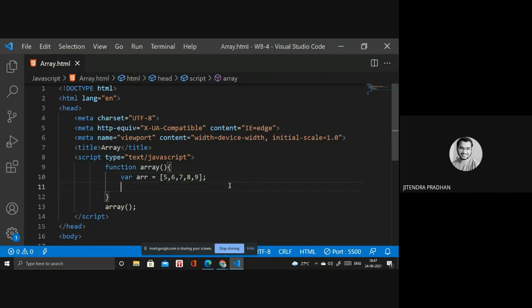Okay, I want to print that one, so document.write with the array. I'll open that in the live server.